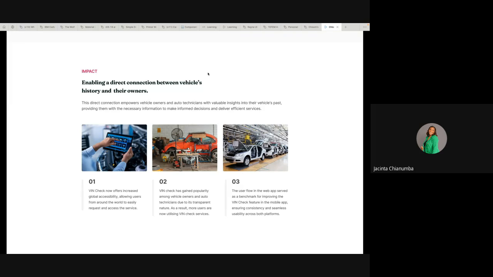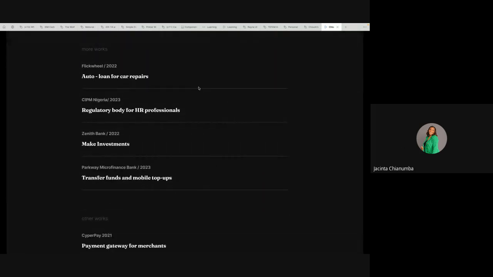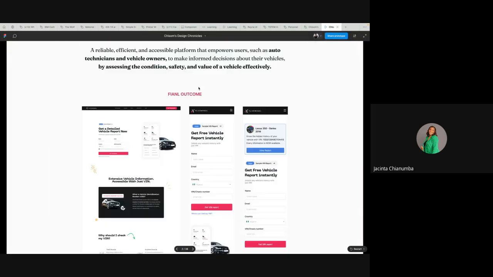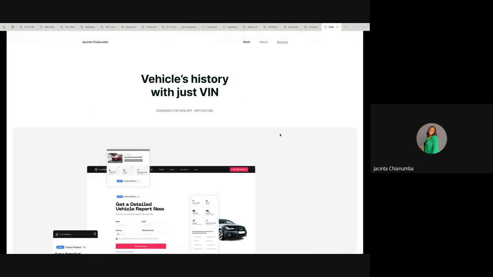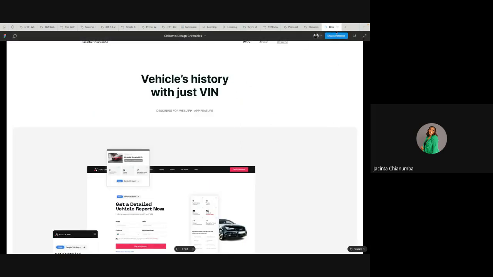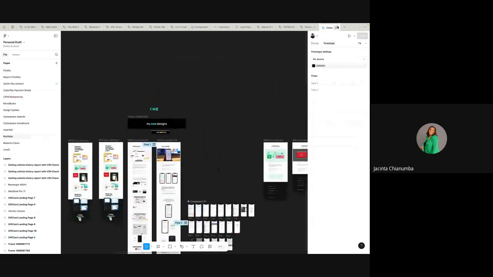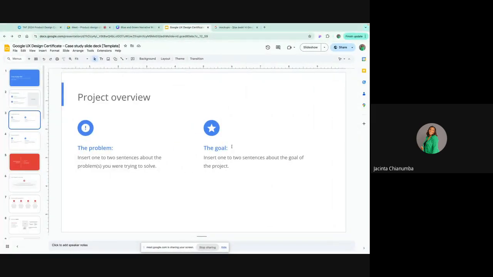You can see that for different projects, you don't have to follow a particular pattern. You could just follow any pattern you like. So I don't have to show you all of this. I'm not marketing myself to you. I'm just showing you so that you understand how to create your case studies, in case you need to create one after you are done with your